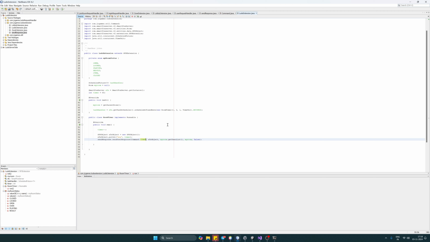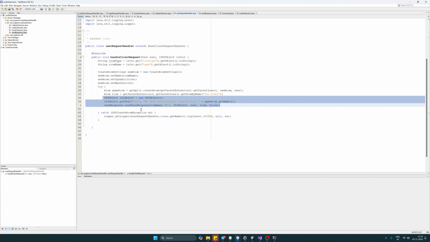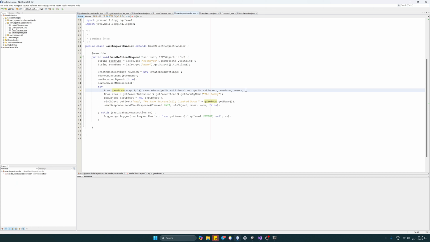First we will decide one thing. We must declare this class, and it should be attached to that room when the room is created. So for that we need to do one more function. We will directly move into game room creation. Here we are creating the room from the user request, so before creating the room, what we will do is